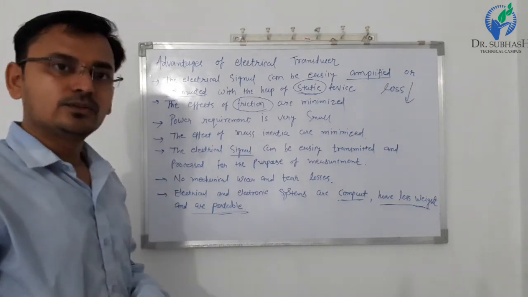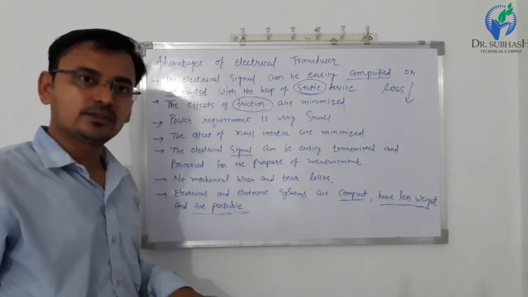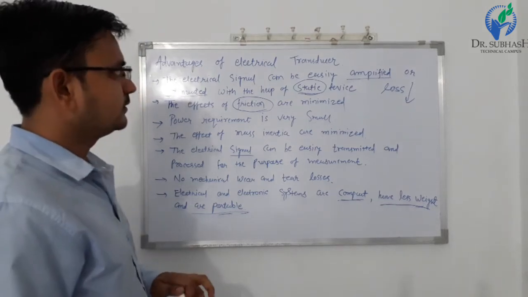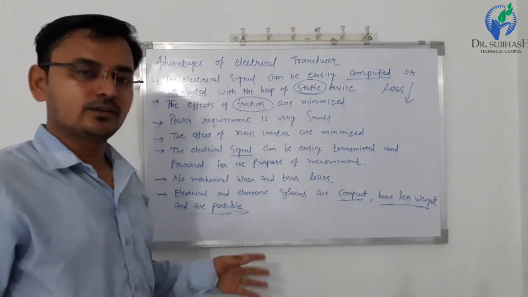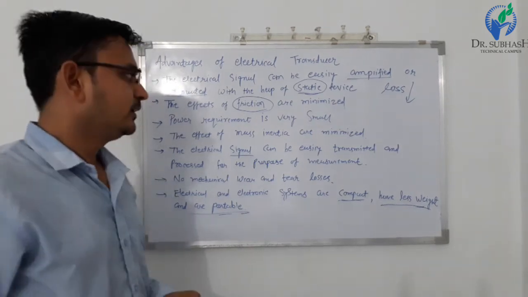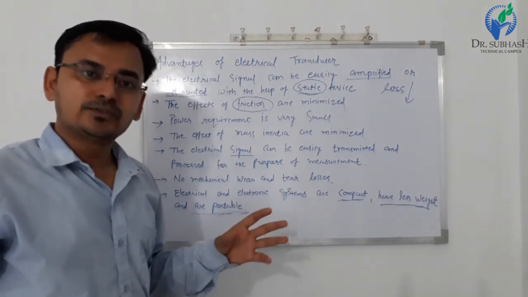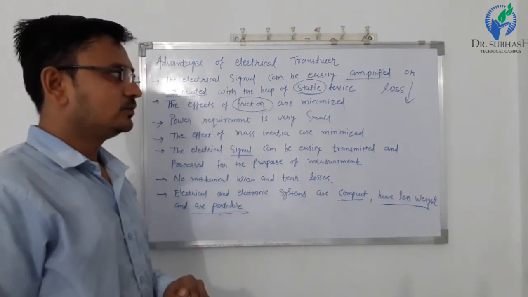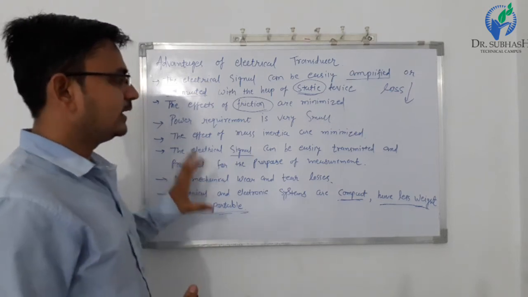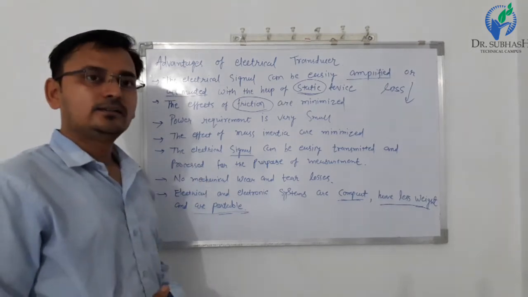There are some disadvantages also. One disadvantage is cost. The cost of electrical transducers is slightly more than other transducers. So it is a limitation or constraint. Design features are also somewhat complicated because we have to calculate aging effects and atmospheric conditions and all these things. So it may be complicated in the design of an electrical transducer.